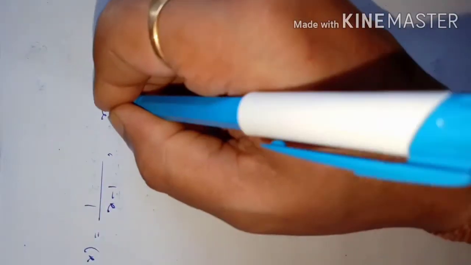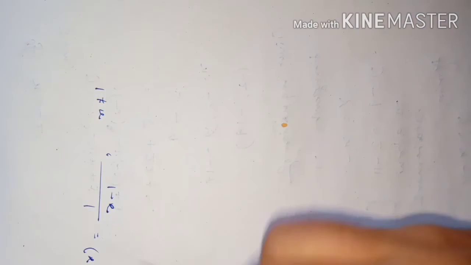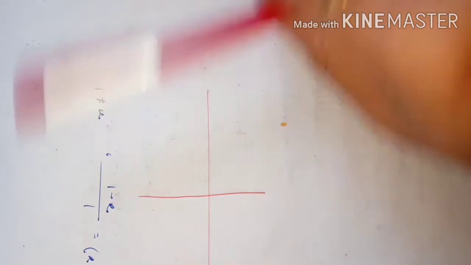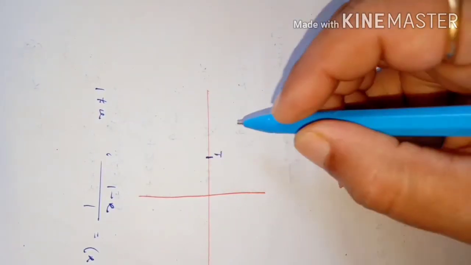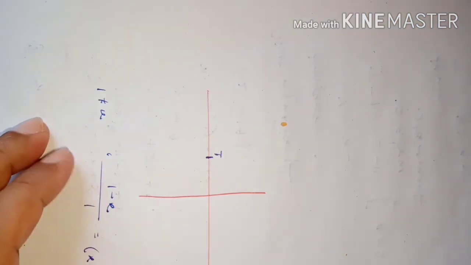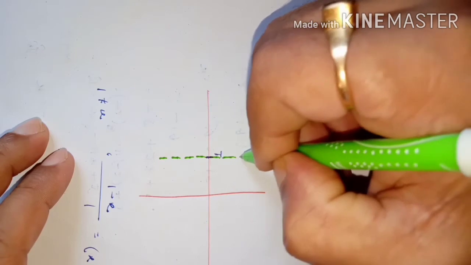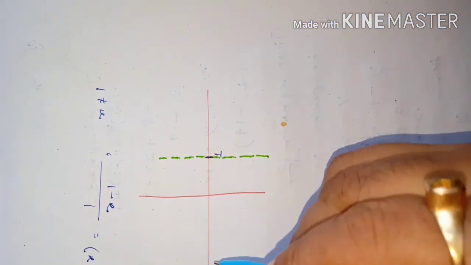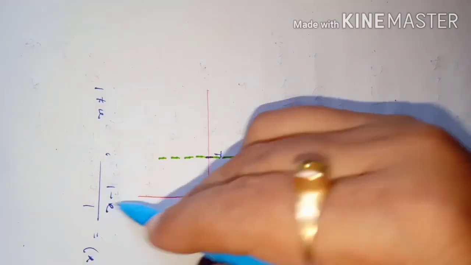Okay, dear students, just you see, since the function f of x, means y, is given this way, 1 by x minus 1, where x cannot take 1, that means it is not defined when x is equal to 1. So then we can think like this. Suppose this is 1. Through this one, let us draw one asymptote, means a line through this one which will not be reached by the curve of the function y equal to 1 by x minus 1.